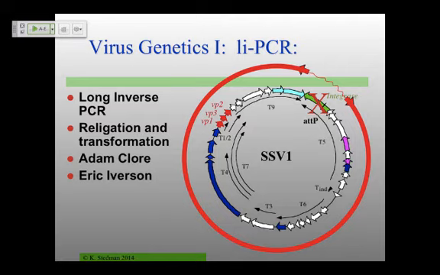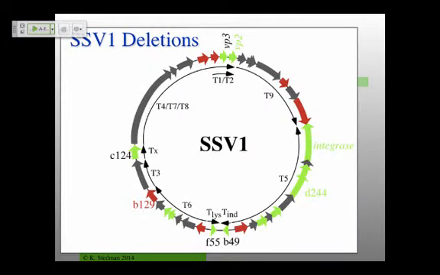So we've done all these deletions, but it turns out that partly because that long PCR is actually kind of a pain to do, we said, well, there's still a bunch of gray things here that we don't know about. Well, Eric could go through and make all these deletions. Yeah, he's getting pretty good at it, but it still takes, on good days, about a month, or I should say good times, about a month to do any one of these deletions. And 35, you can do the math, how many months it's going to be, and he actually wants to graduate sometime. So we said there's another way that we can do similar kinds of things, and that is